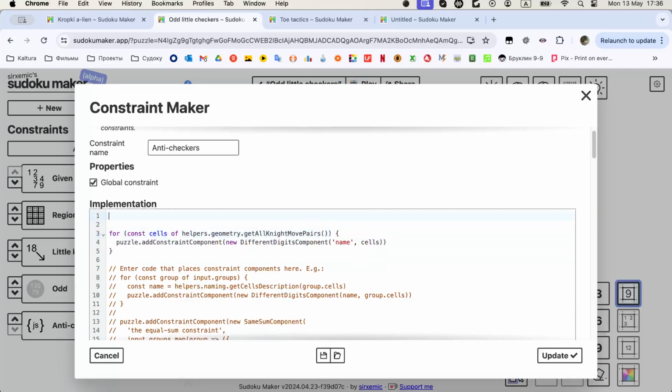So let's do anti-checkers instead of anti-knight. So what we need to do is just go over all coordinates,